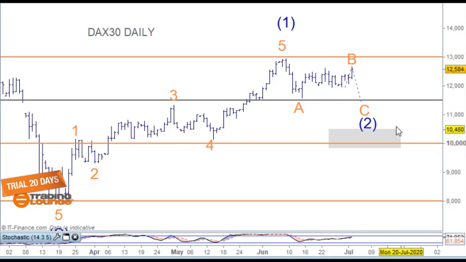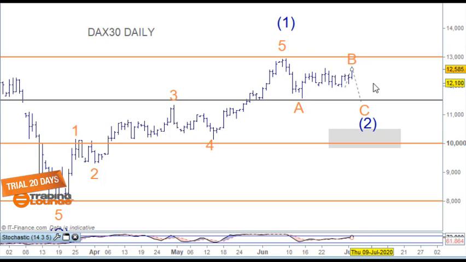Now the 61.8% is right down in this low here. I just can't see ourselves getting to that space because of two things. Wave A here is this length here, and there'll be some sort of correlation in terms of equality between wave A and wave C here. And secondly, this is really playing out more like a wave 4 coming across here, more of a complicated